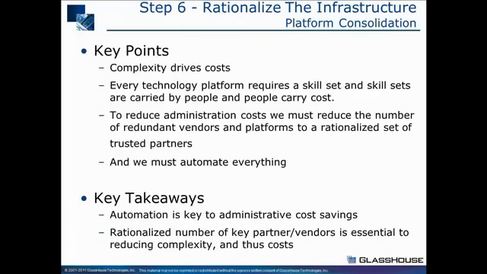Now, there are those brilliant people that we all value highly who actually understand every technology in the IT environment, but they're, I think, more the exception. To reduce admin costs, we've got to reduce the number of vendors and platforms to a rationalized set of trusted partners, and we've got to automate everything. So we keep coming back to this theme: automate, automate, automate. And the more common the platform environment you have, the easier and more cost-effectively that automation